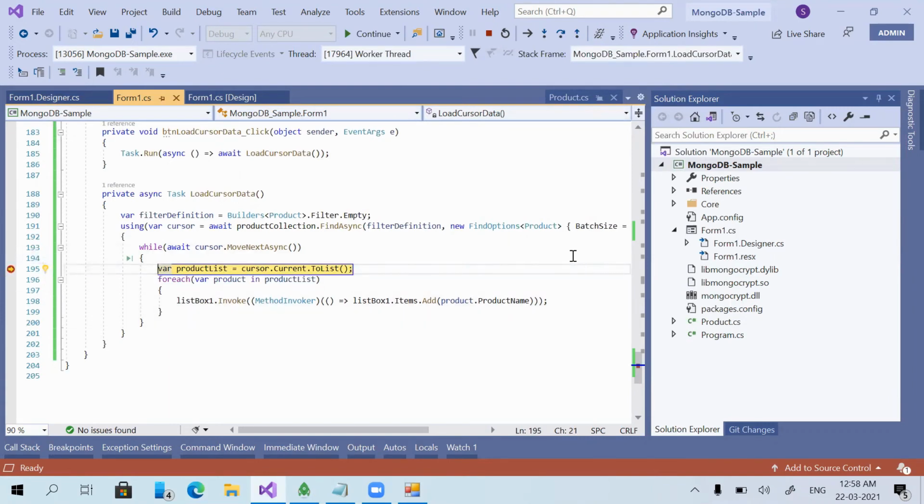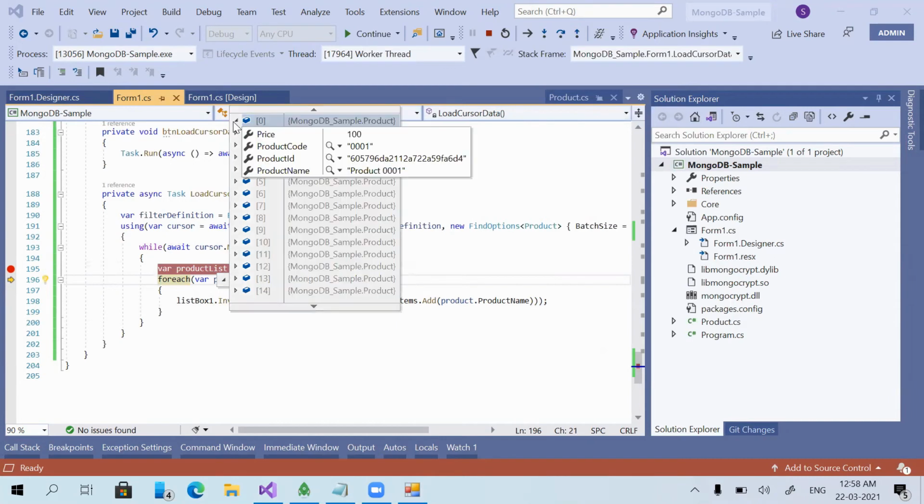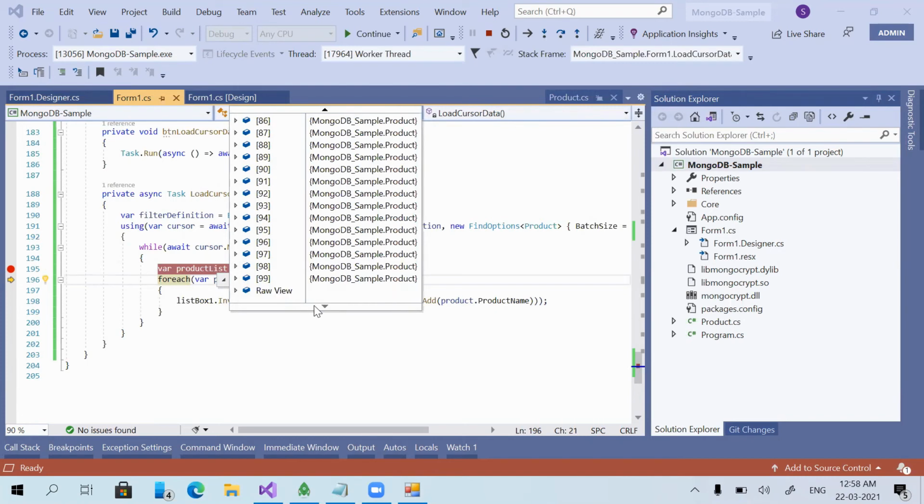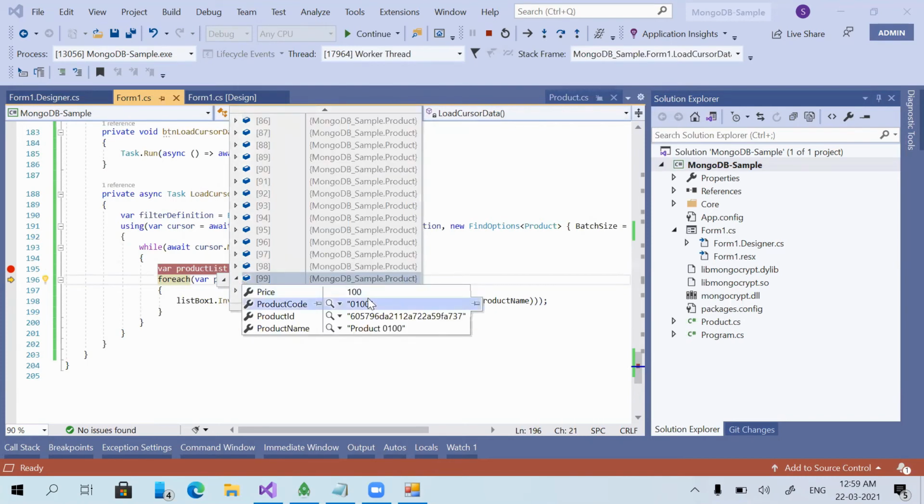I'm pressing F10, so it will go to the next line. Now you can see it has loaded the product list and the count is 100. When I check the product, it has taken the first product 0001, and from there it has taken 100 records. The last product code is 0100. That is the 100th product.